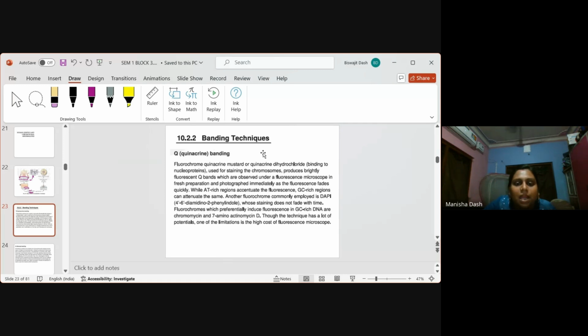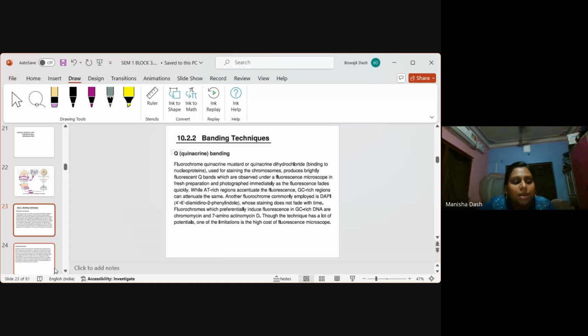We can stain the chromosomes, and as per the nucleotide sequence present within the chromosome, they will take up a differential amount of the stain. Usually the AT regions have a different type of staining, and the GC regions have a different type of staining. Based on how much stain they absorb, we can predict the structure and the distribution pattern